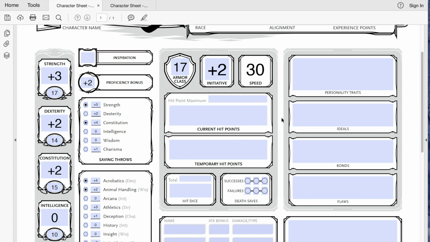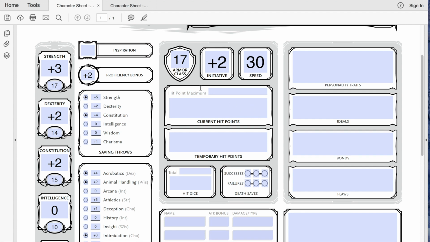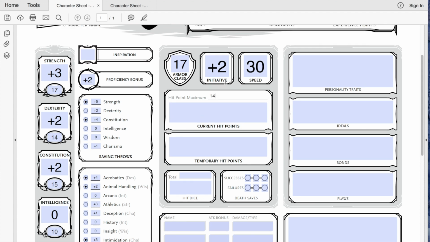All right, so buckle in. We're going to be doing a little bit of math here, talking about hit points. So hit points are derived from your class. To get your hit points at first level, it is something that your class page just straight out says. The Barbarian page says it is 12 plus the Constitution modifier. So our hit point maximum is 12 plus 2, which is our Constitution modifier, for a total of 14 at